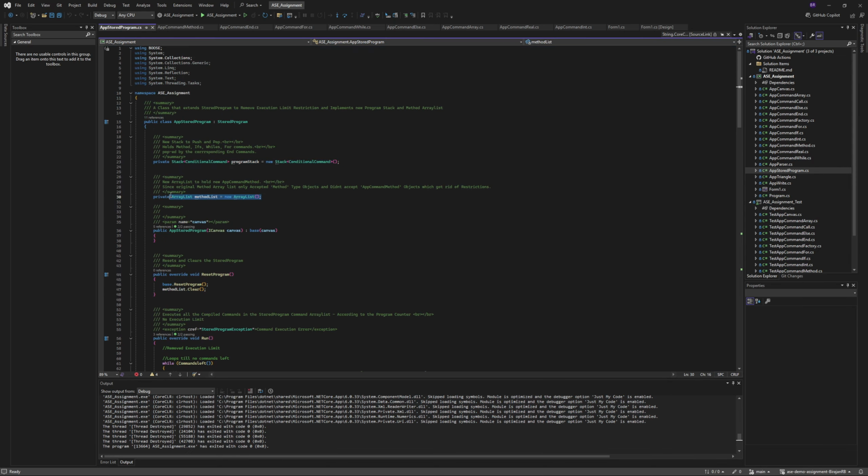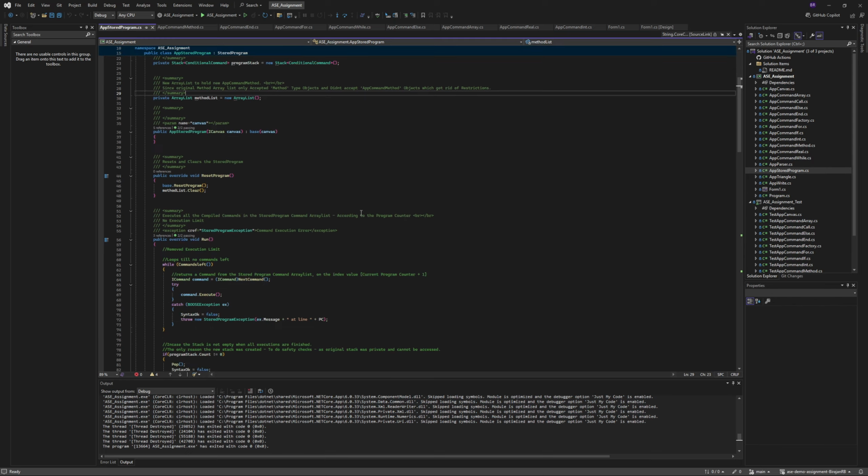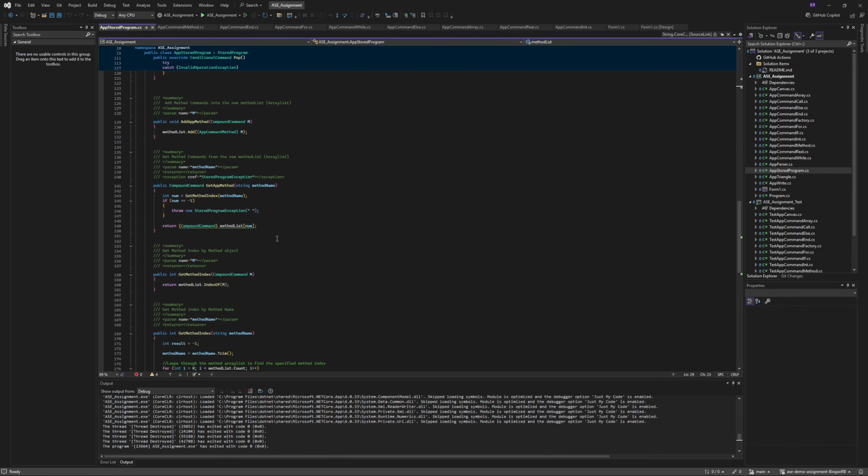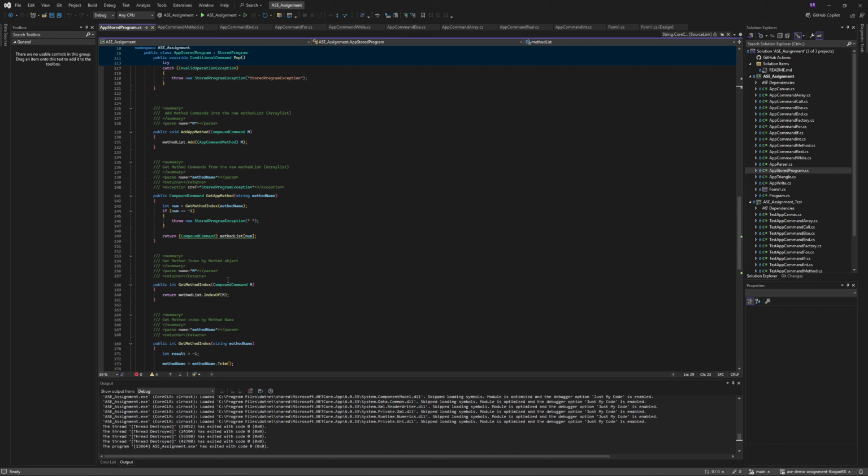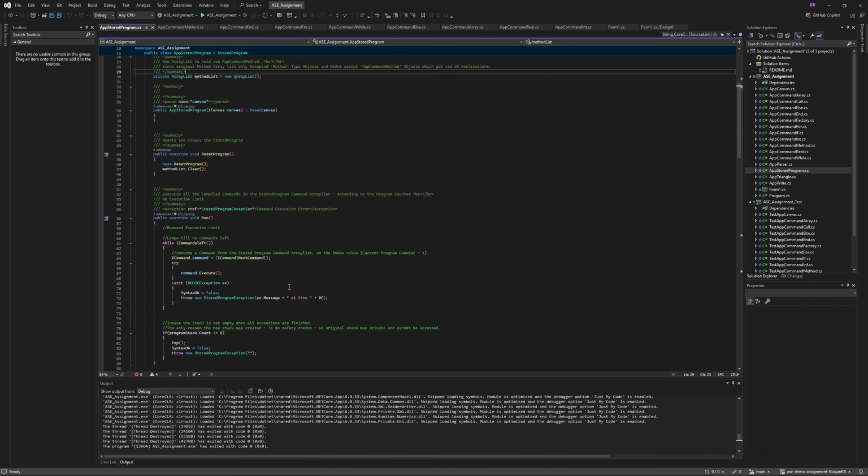And I also had to implement a new method list, because the original method array list only accepted method type objects and didn't accept the app command method, which I created to remove restrictions. So I had to make a new one, and I had to add methods to add and remove from them. As you can see, I had